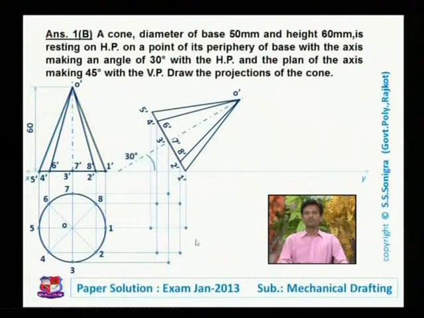So we have put here 8 points in this top view by taking projections from respective points, vertical lines from front view points and horizontal lines from top view points. Now join all these points with a smooth curve, but we should take care about whether these points should be joined with dotted line or full line.